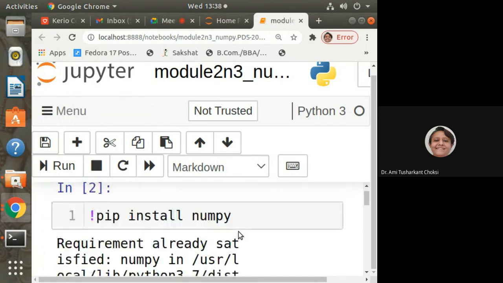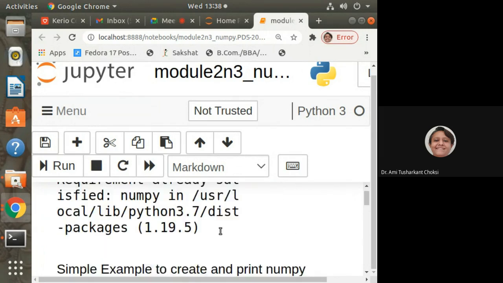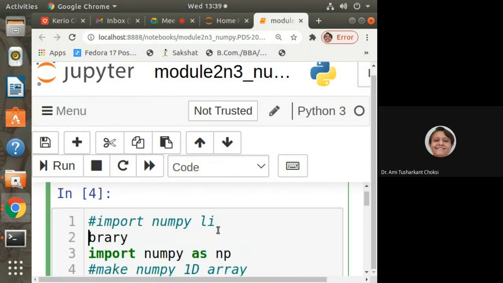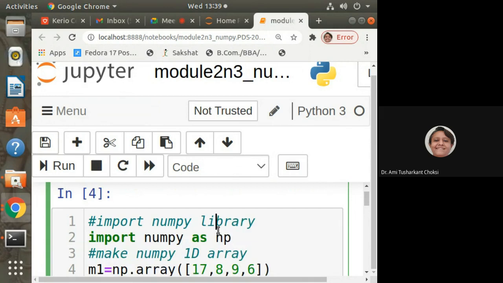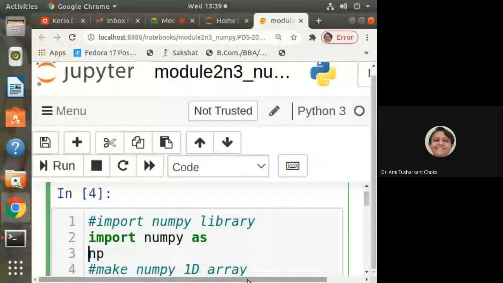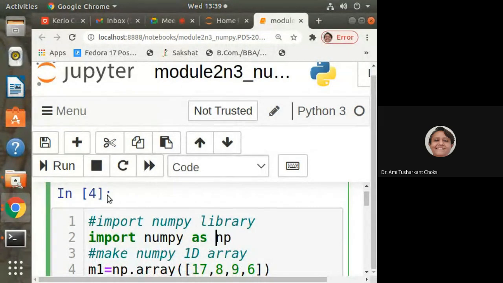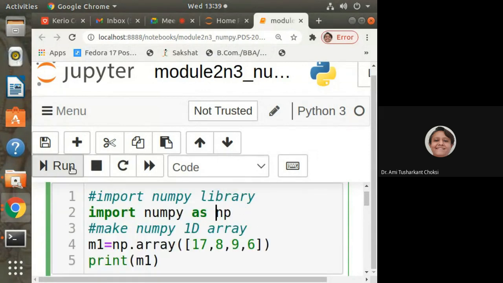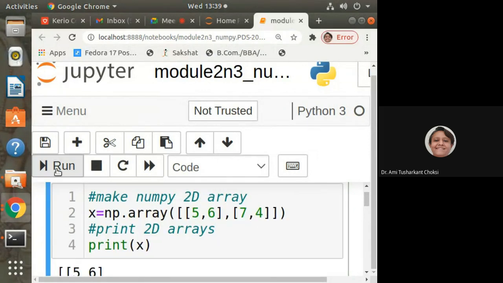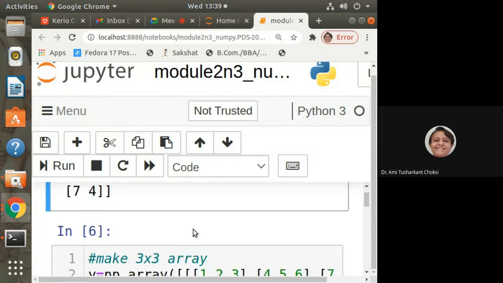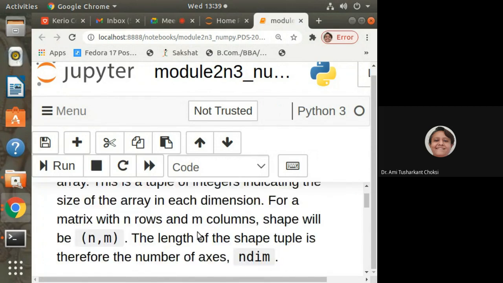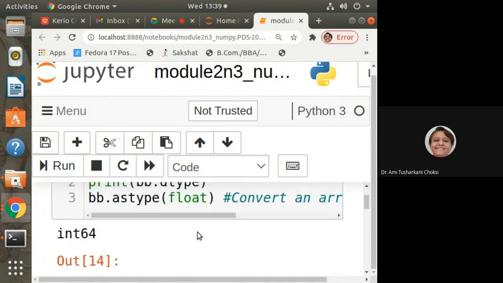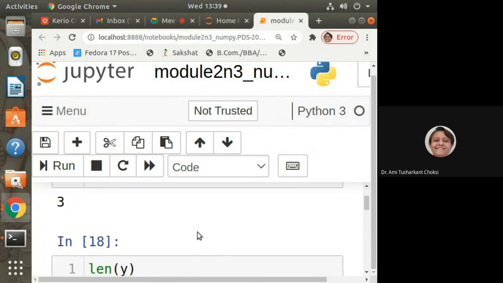We already seen, right? What we have to do is NumPy installation, or we can say import NumPy. This is what we have already seen, right? Here we can run that using this run. Now till what we have seen, shape was there, astype was there.